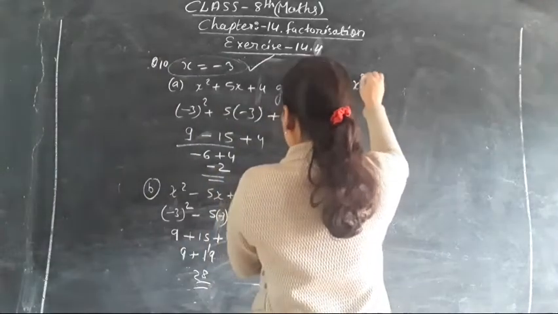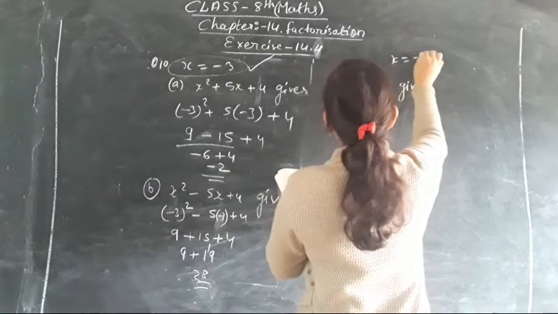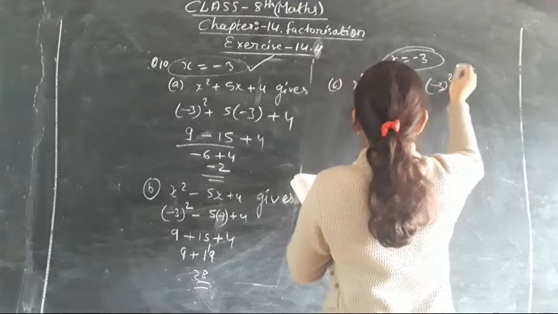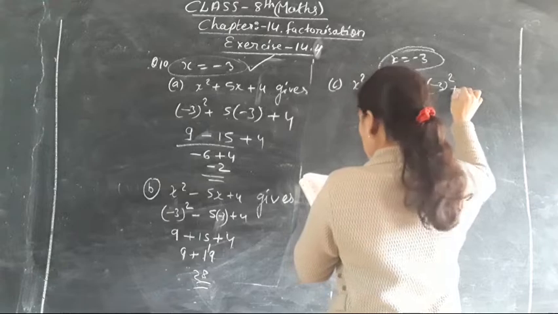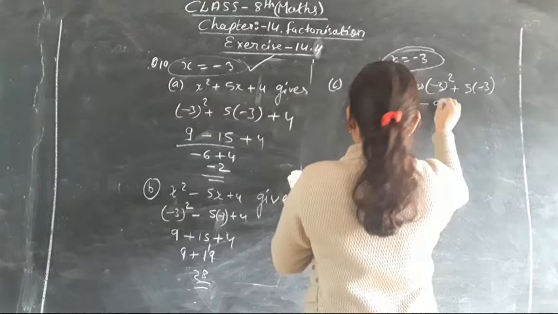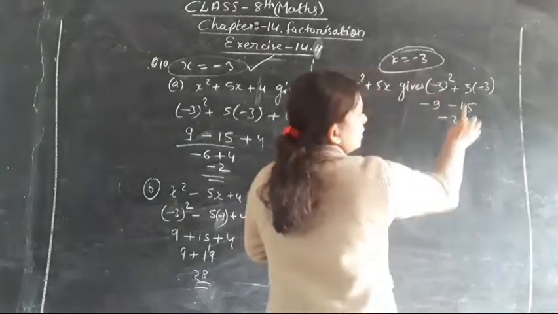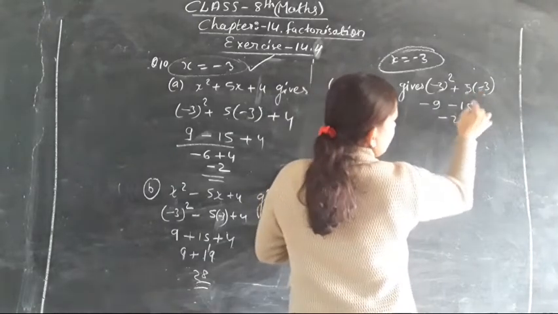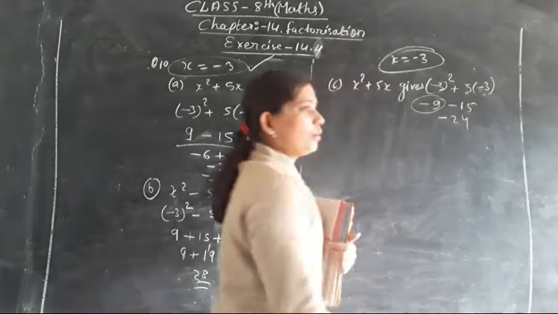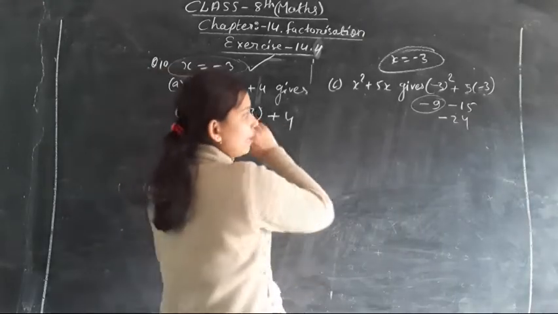C part of the question, x square plus 5x, we have to substitute x equals minus 3. So minus 3, the whole square, plus 5 into minus 3. So here minus 9, says minus 15, answer is minus 24. So what is the error over here? This is correct, as minus will come over here, 3 5s are 15 and plus and minus. So here the error is minus 9, because as we know, what will minus 3 the whole square be? Minus and minus becomes plus, so that will be 9. So this is the error.